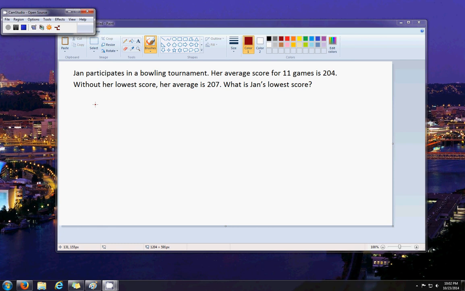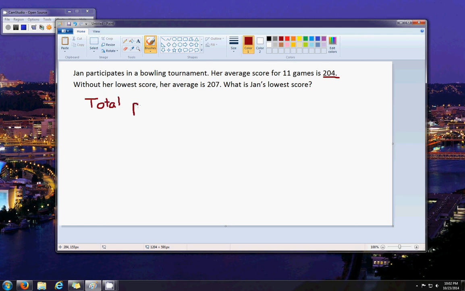Do you think she scored the same amount in every game? Probably not. And we don't really know, so we can't really assume that she scored the same amount in each game. We do know her overall average is 204. So if her average is 204, we can think, okay, I know how to get the average. The average is total points